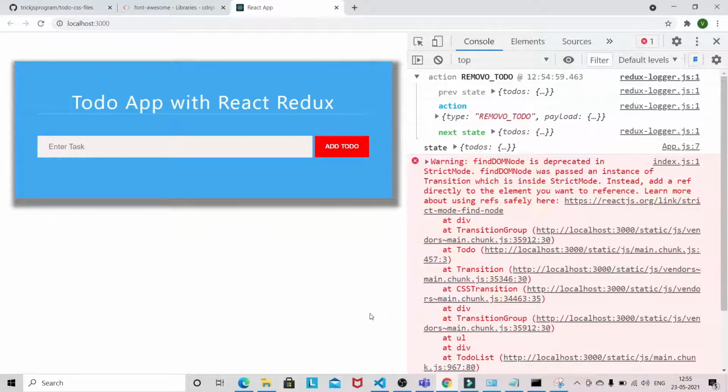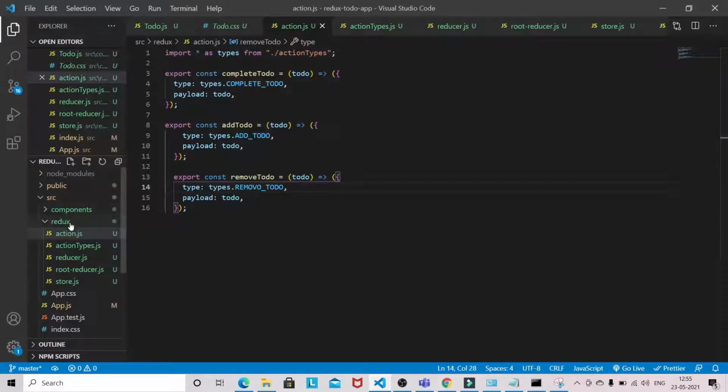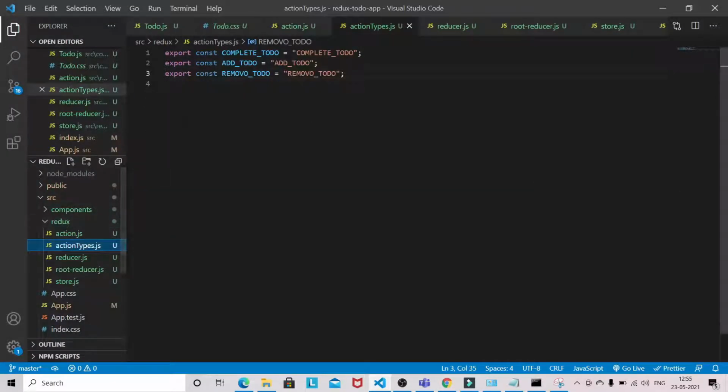So this is a bit complex. So we'll start with the Redux first. We will be writing the action type. Update is always a bit complex.